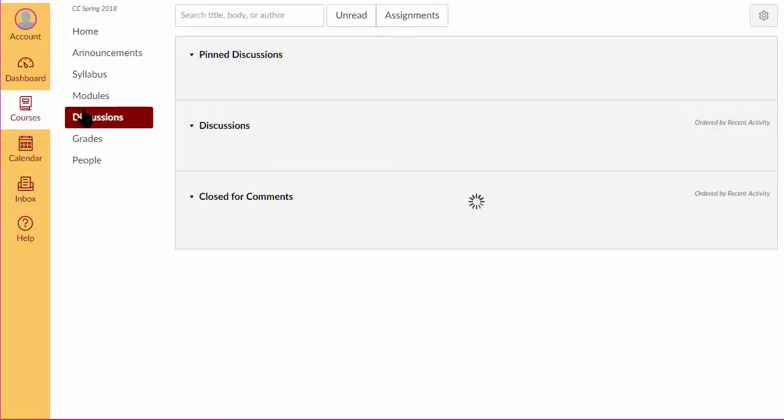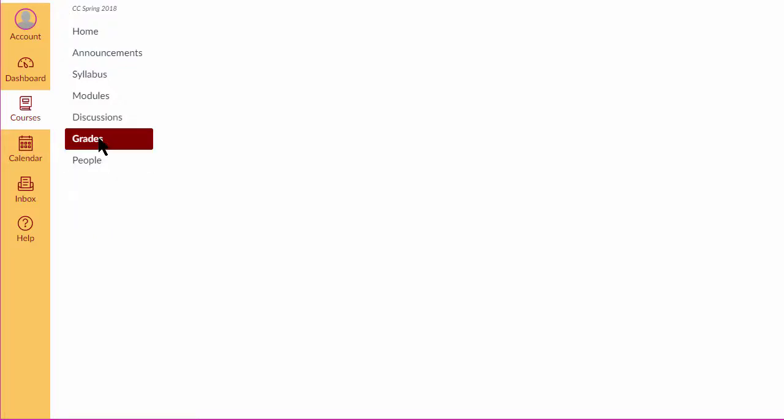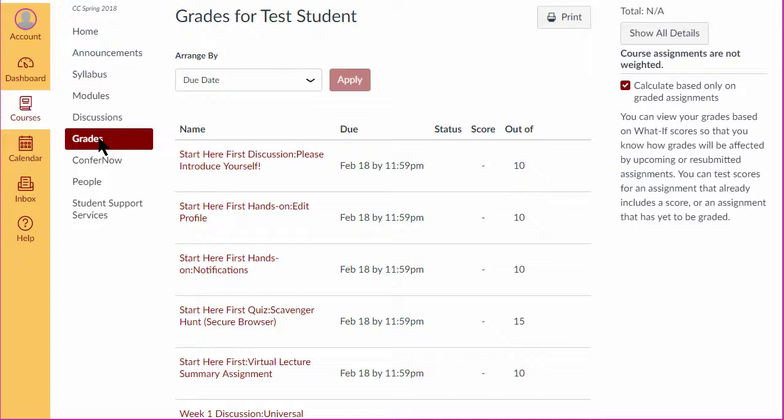And then discussions. A very important part of this class is going to be your discussions. So now one of the things that we're going to be able to do is discuss and articulate and check for understanding in our discussions and get to know your fellow classmates. Grades are always available. I try to keep those up and posted as soon as you complete your activities. It alerts me, and I go in there and I do my best to do that with a turnaround time of 24 hours or less.